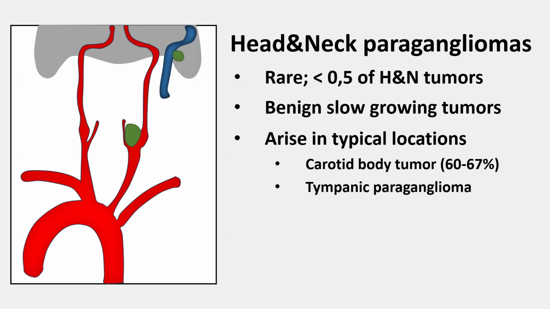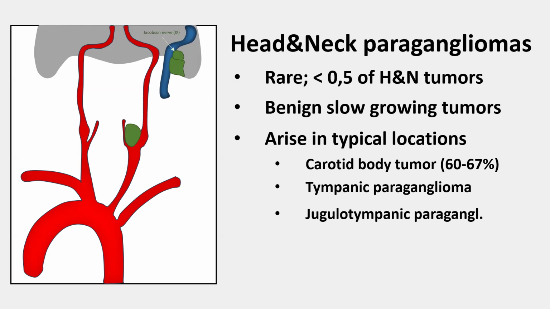Then we have tumors in the location of the middle ear. We call those tympanic paragangliomas. So these are located in the middle ear, and they arise from the Jacobson nerve, the inferior tympanic branch of the glossopharyngeal nerve. We can also have jugulotympanic paragangliomas, which are tumors located partially in the middle ear and partially